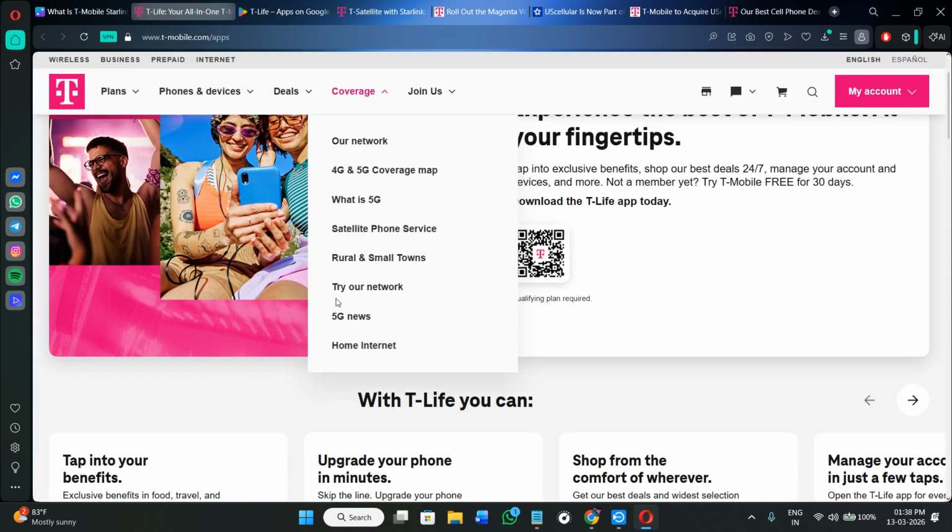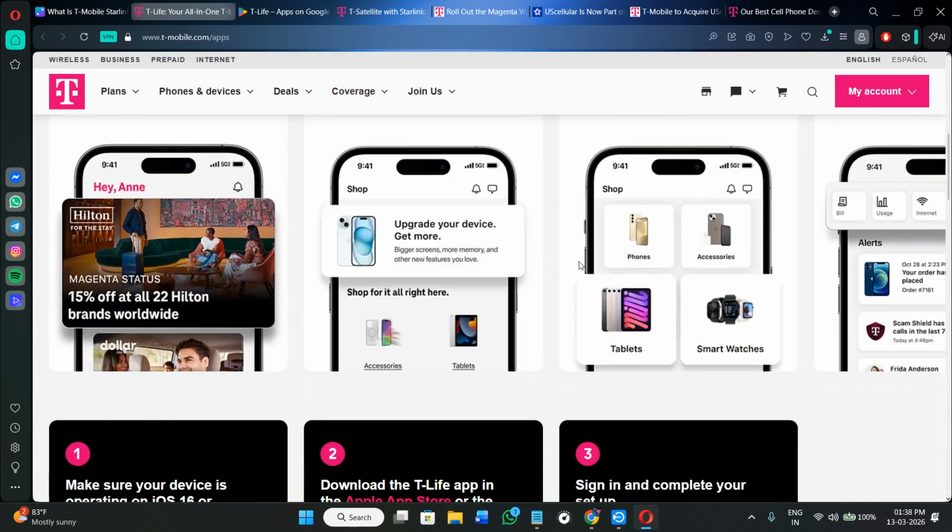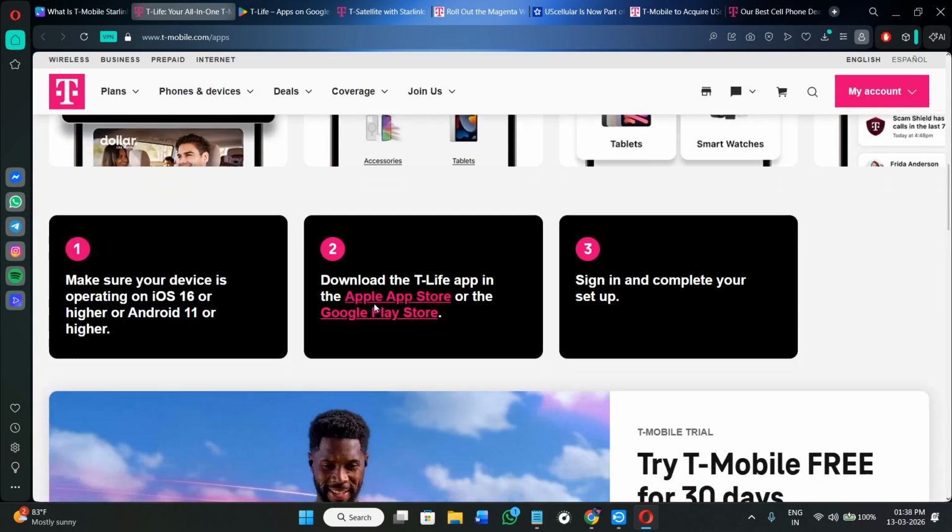Now, the app is also where you can access the T-Mobile rewards and the benefits. For example, the app includes the T-Mobile Tuesdays program where you can get weekly freebies, discounts, and the price